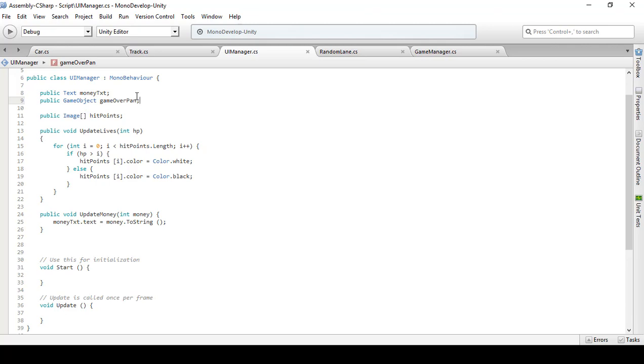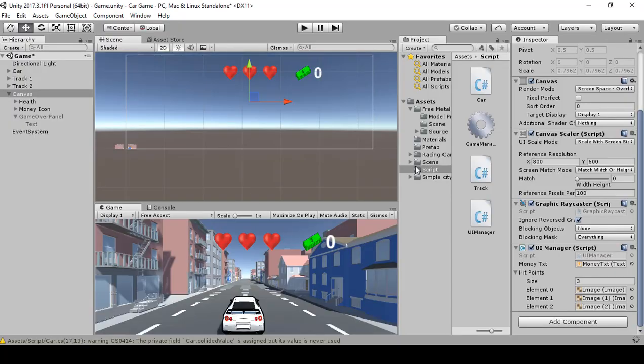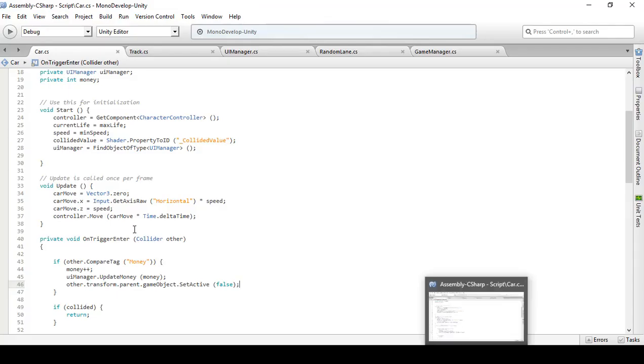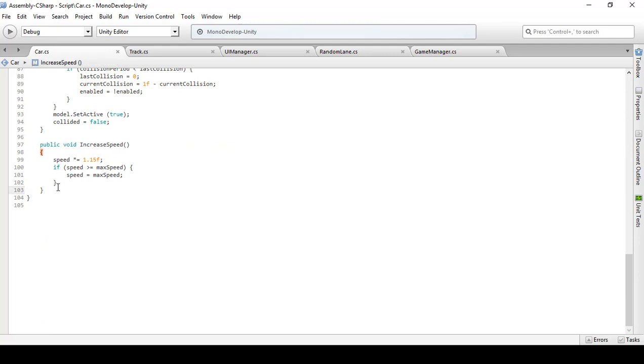Save. All right. And then if you have the car open, that's where we're going to go next. Go to car. If not, just go to script back in Unity and type and just double click car, so it can open the script. And then what we're going to do is go towards the very bottom, all the way down to the bottom,